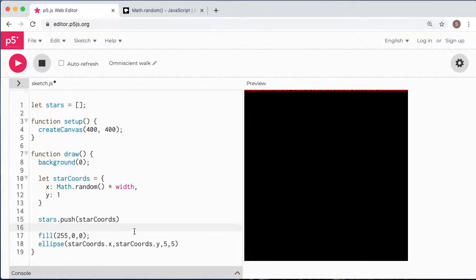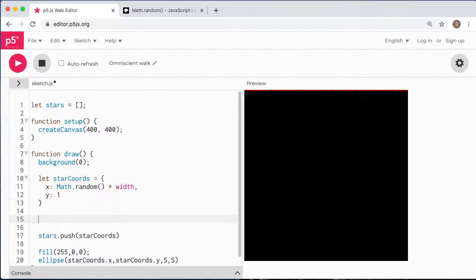Good. Now we've got one star in the first iteration, or in the first call to draw, and for every frame there's another star added right there. So once the second call to the draw function appears, we could say, okay, let's see which stars are already present in the stars array, and we could move them further down. So how do we do that? Well, we could loop through the array